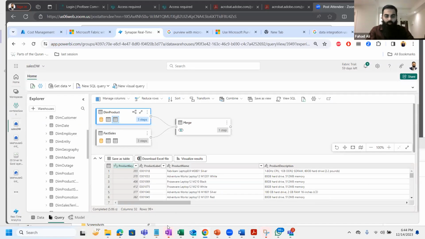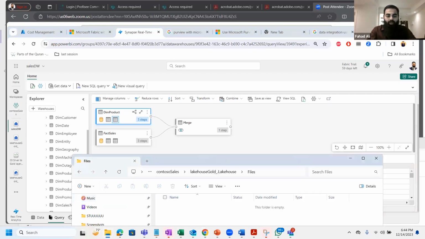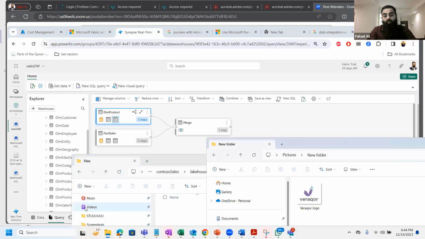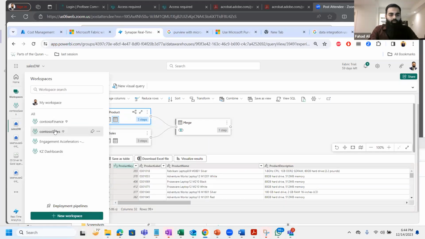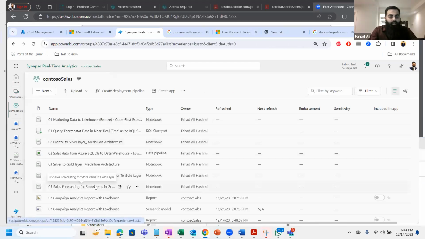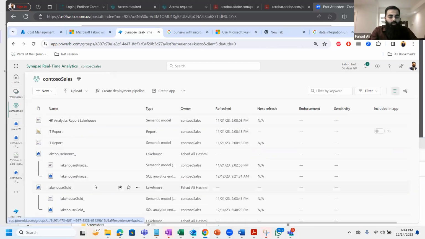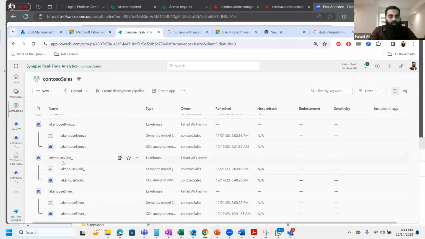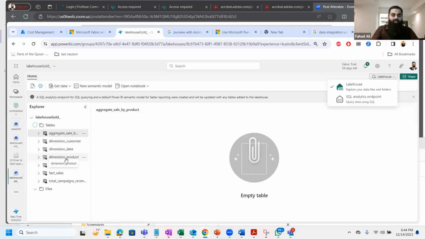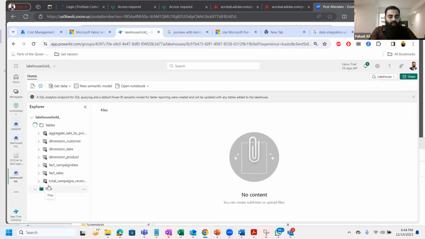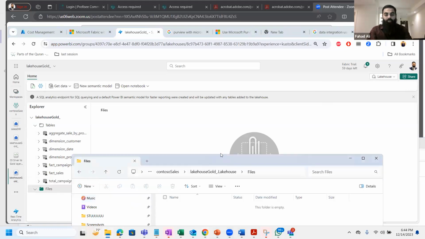Now we were talking about the folder structure. You could be uploading a file just like you upload some files. You manage to copy some file from one folder to another. Let's take a look at it real quick as well. If I go to control sales and go to my lakehouse, which is the gold one, I see that there is no file over here, but if I copy one of the files in there,